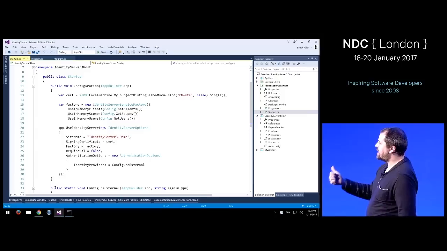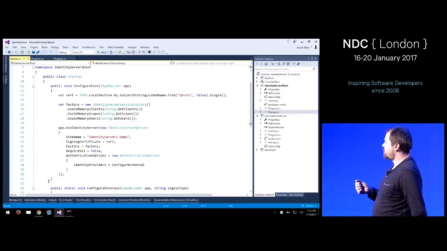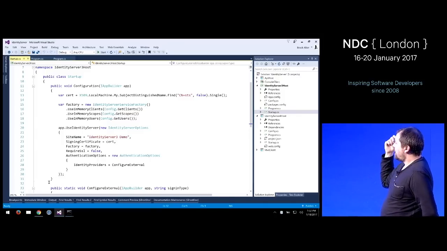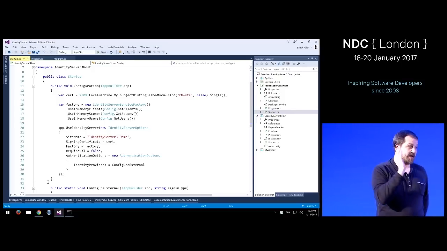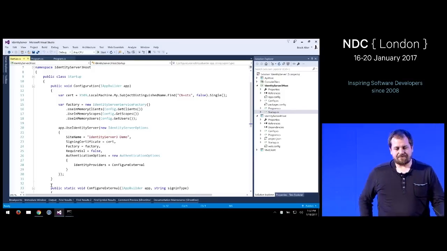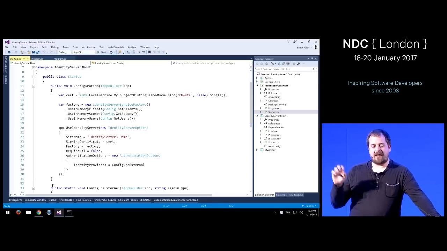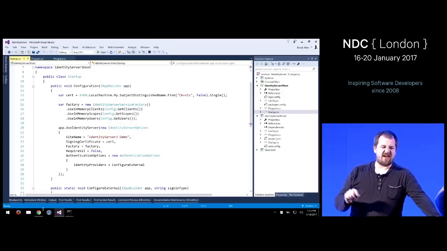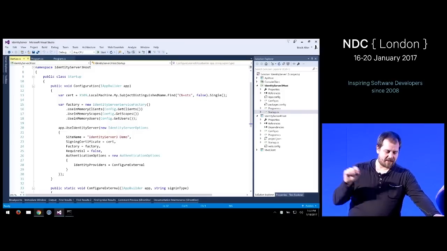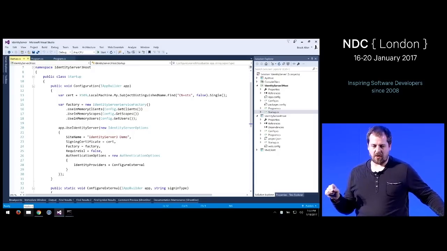For example, your site name, which signing certificate you want to use, whether you require SSL, all kinds of more options. There were tons of options. The point is that all of the configuration in Katana happened at the middleware layer, and this is changing in ASP.NET Core.